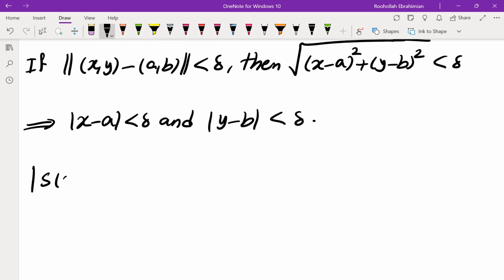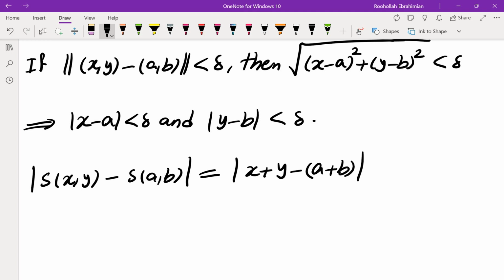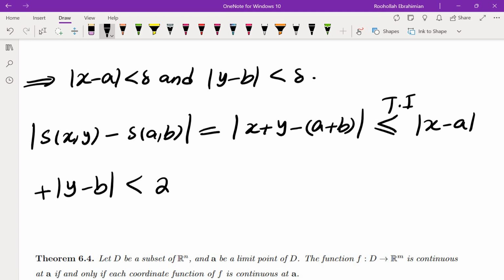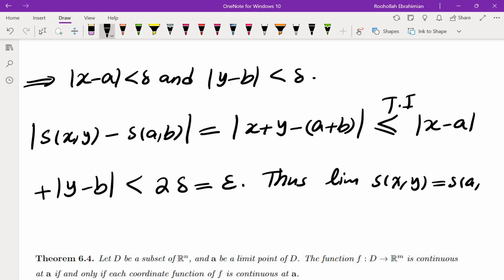Now let's look at the difference between s of (x, y) and s of (a, b). This is absolute value of x plus y minus (a plus b). By triangular inequality, this is less than or equal to absolute value of x minus a plus absolute value of y minus b. Both of which are less than delta, so we get 2 delta, which is exactly epsilon. So that means the limit of s of (x, y) is in fact s of (a, b) as (x, y)